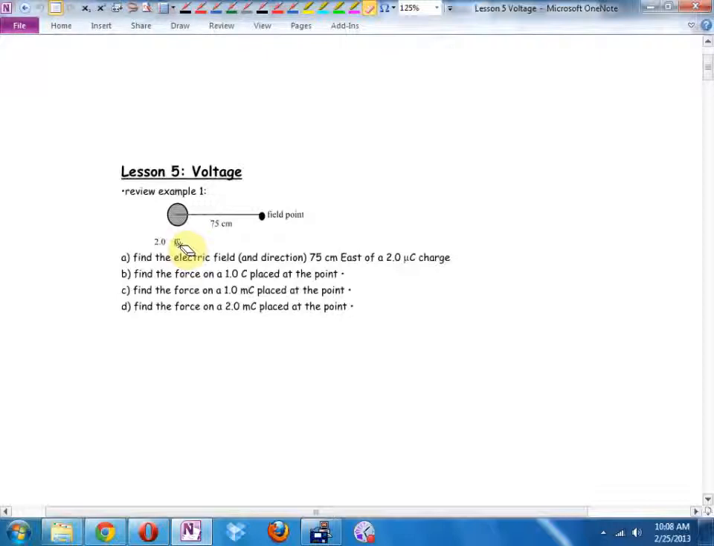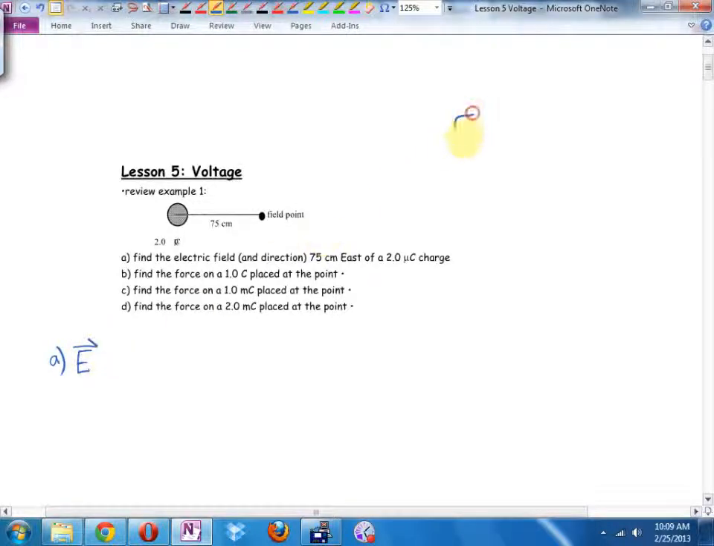Part A says, okay, so we have a 2 microcoulomb charge, and we're at a field point 75 centimeters away. Part A says, find the electric field, magnitude and direction, 75 centimeters east or to the right of a 2 microcoulomb charge. Okay. Electric field,